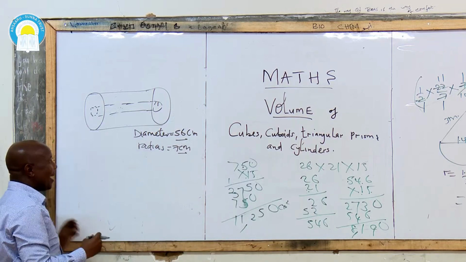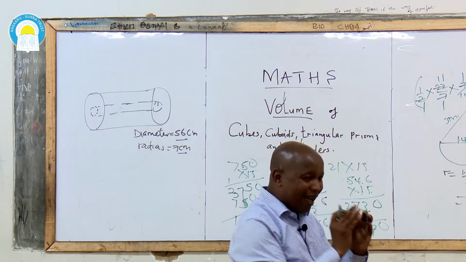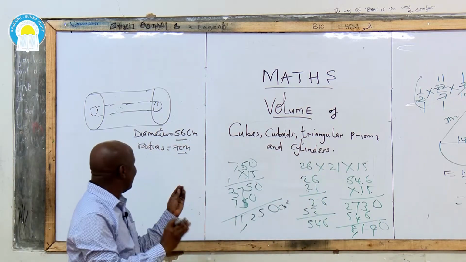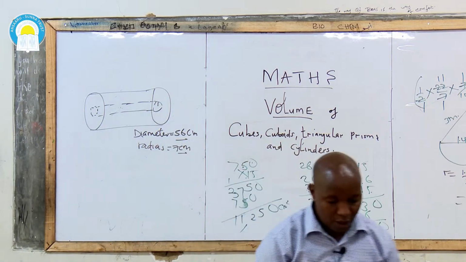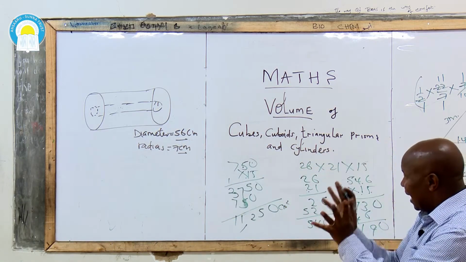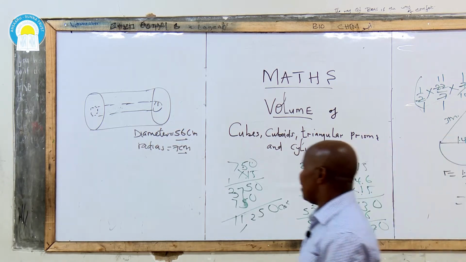The examiner, I like these people calling the examiner. Now a student who doesn't understand the difference between diameter and radius cannot get that question. So now we get the volume of the big cylinder, then you take away the volume of the other hole,